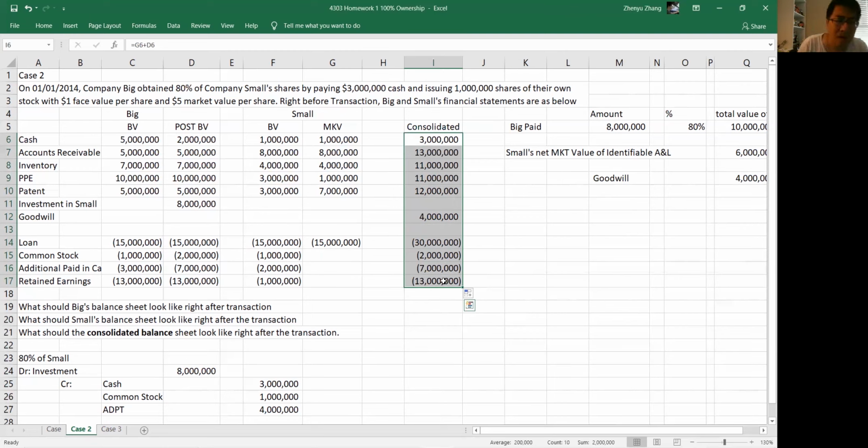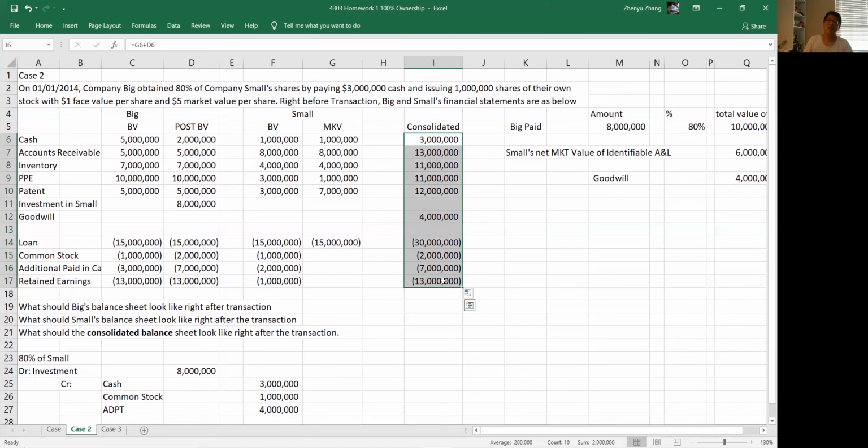We said the balance sheet is from Big's perspective, the consolidated one. So when we talk about common stock, we are talking about what matters to Big. It's common stock to us, additional paid capital to us, retained earnings to us. So here, when we talk about equity items, common stock, additional paid capital, retained earnings, they all belong to Big. However, remember, Big only controls 80% when we talk about the group. Big's owner owns Big 100%. Keep in mind, there's 20% that don't belong to the shareholders of Big,